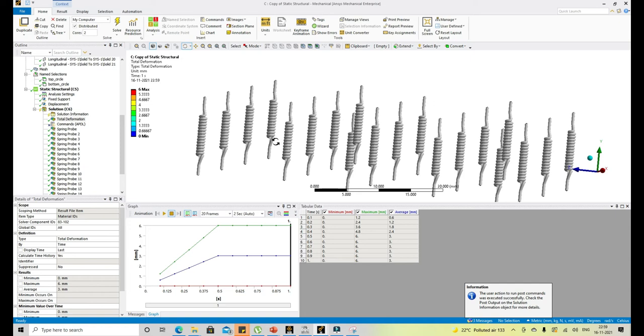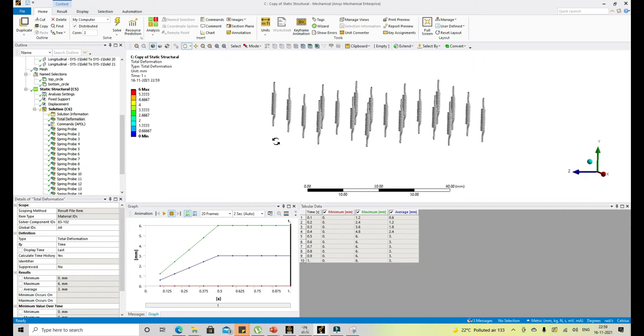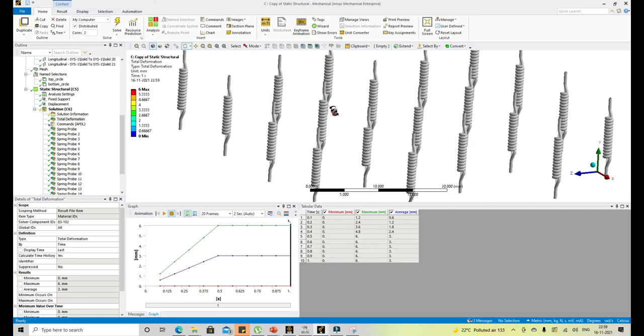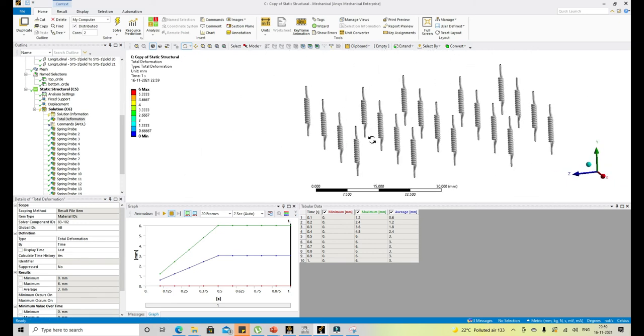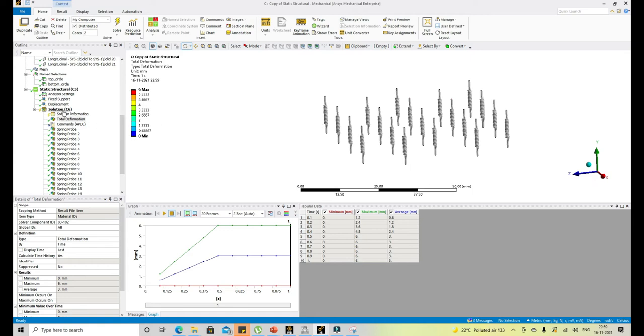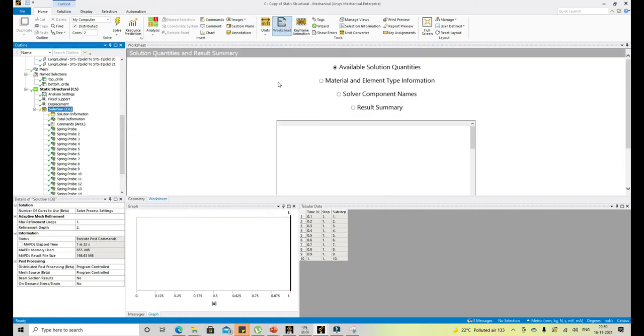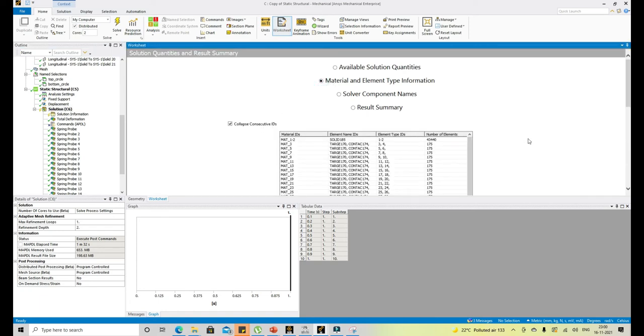Here we can see it is reporting some value of 6, that is actually the maximum value that is getting applied to these springs. Mainly this is going to help you when you are trying to access some user defined results from the model.